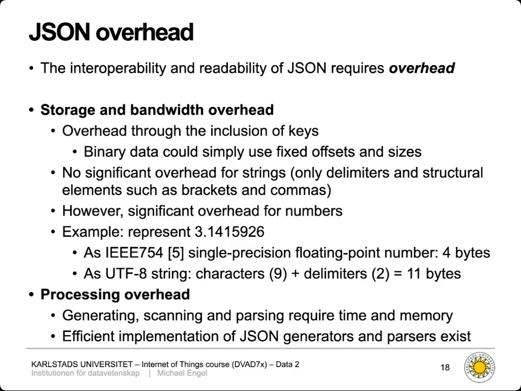3.151415926 as a UTF-8 string, we need the 9 characters making up the number, including the decimal point. So these are 9 ASCII characters or UTF-8 code points. Then we have 2 delimiters we have to put around this somewhere. So we have to transmit at least 11 bytes compared to 4 bytes as a number. So this is quite some overhead, and depending on your application, you might be able to afford this overhead or